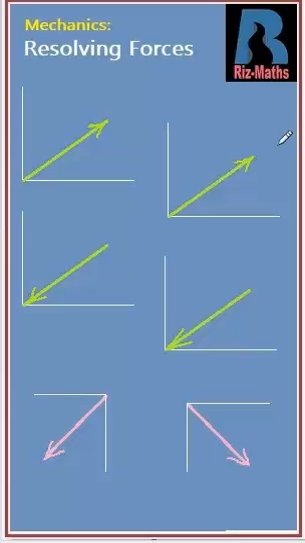Hi viewers, here we will see how to resolve a force along some direction and perpendicular to that direction. So let's say this is a force F, and this force has an angle theta with the horizontal. So the two components of this force along the horizontal and perpendicular to that, meaning the vertical, will be